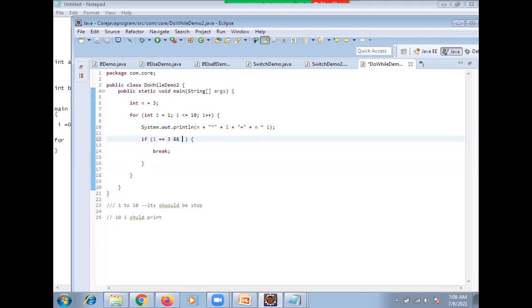Here one more condition I am going to add. Now I am going to assign the value I greater than or equal to 2.